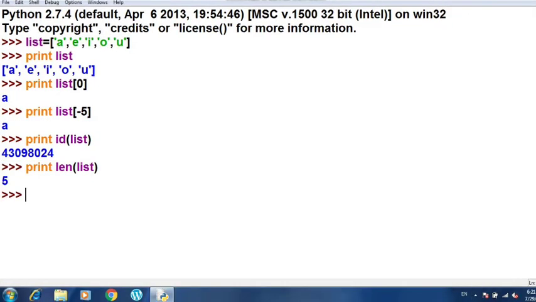Now one more process is there to find out a particular individual element inside the list. It is the membership operator. Yes, we have already learned about the in and not in operator. So to find out a particular individual element inside the list, we can use the in and not in operator. I will write here print a in list. So it is going to give me the output as true, because the element a is present inside the list.